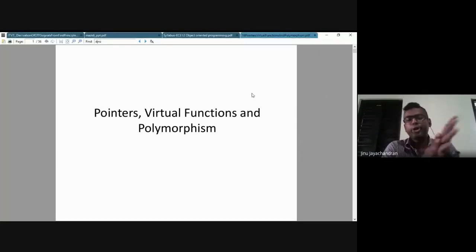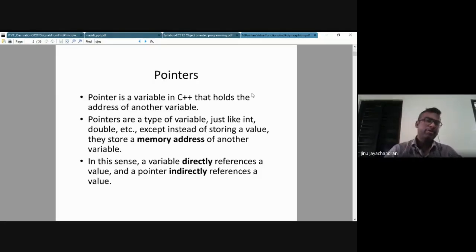Okay, so actually our module number 3 is pointers, virtual functions, and polymorphism, and we shall just give a brief description of what pointers are. A pointer is a variable in C++ that holds the address of another variable. We have seen that.